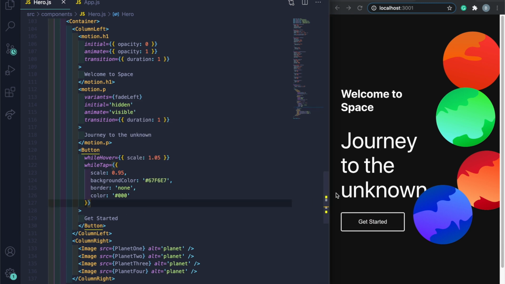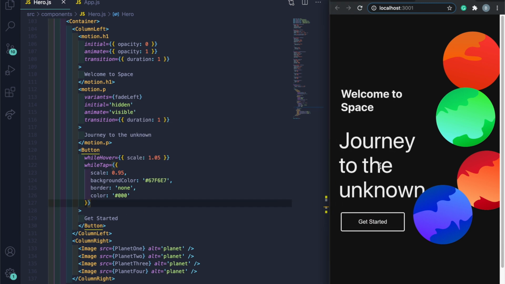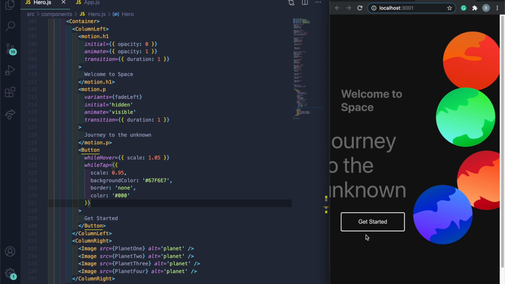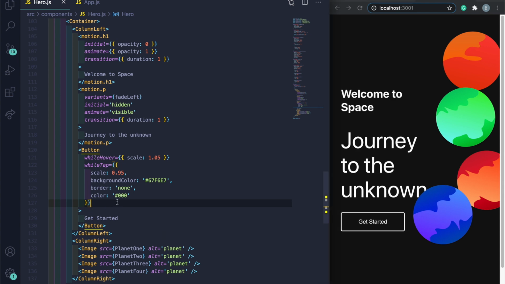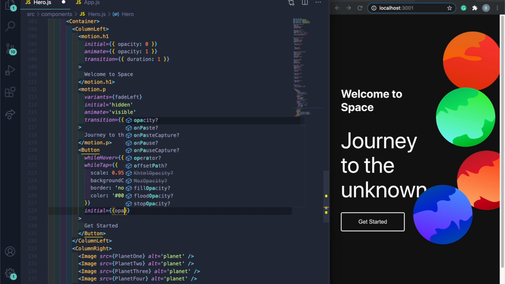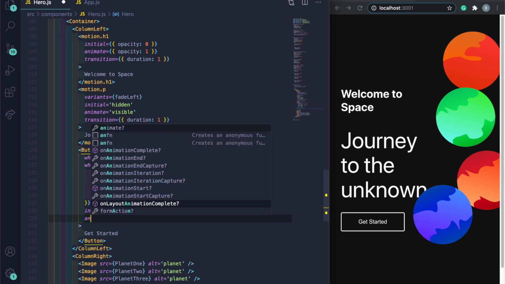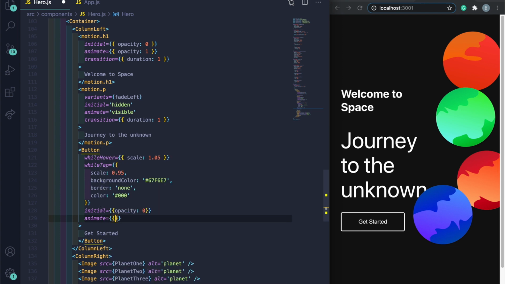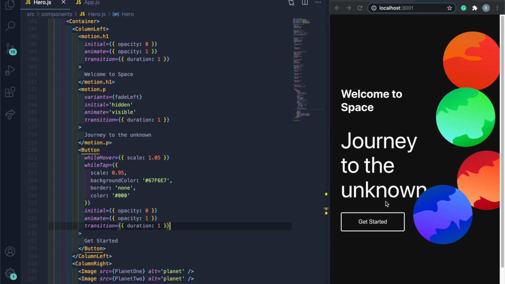So also here, notice when I refresh the page, we got these animations, but the button is just chilling there. It's like, what is it doing? So what I want to do is, we can also add initial equals curly brace, and set the opacity to 0 here, and then I'm going to do animate, and then we can just do opacity 1. And then the thing is, if I do it like this, and I just copy this straight up like that, what ends up happening is,